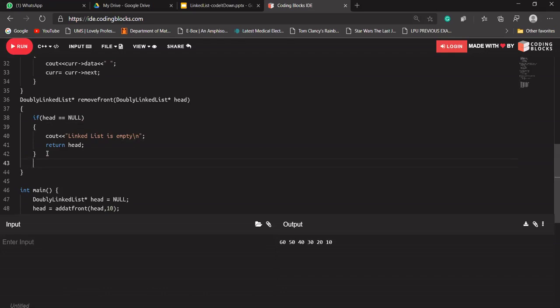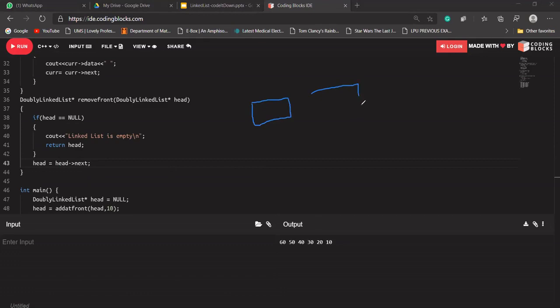If the linked list is not empty, that means there is something in our linked list and we want to delete that. So now head should point to head's next. Let's say there are two nodes.